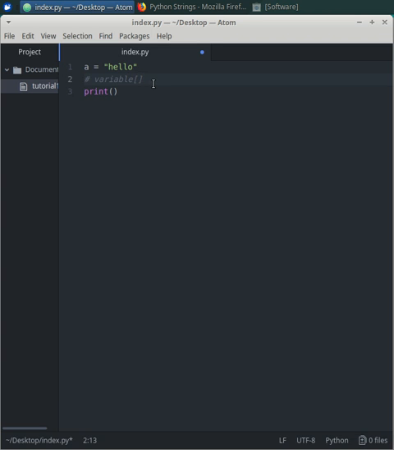Now, in Python, like many other object-oriented languages, each character starts with 0. So you have 0, 1, 2, 3, 4, 5. So you can't just put in 1 and expect to pull up the first letter. You have to put in 0 to pull up the first letter, if that makes sense. So for example, hello